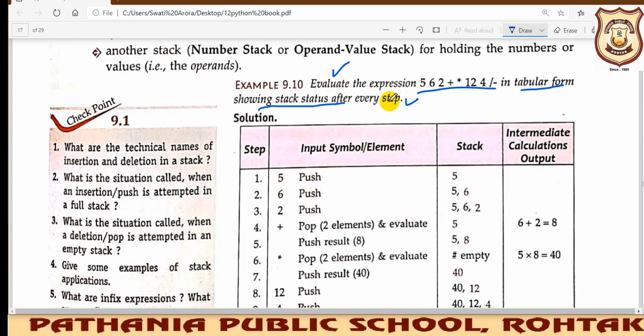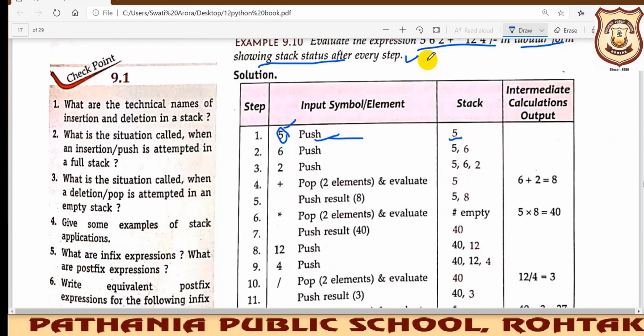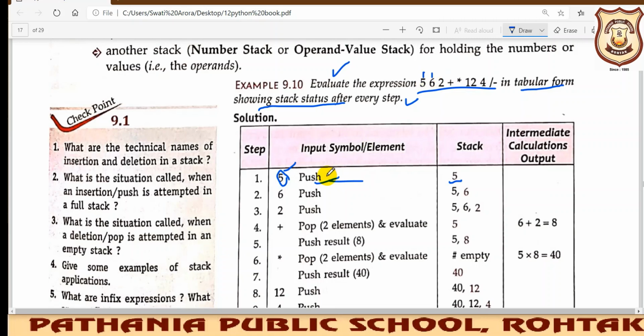Firstly 5 has been encountered, so we'll push 5 here, and we will write the operation also. Next comes 6, so we'll write 6 because we'll be pushing this element also into the stack. So 5 comma 6.